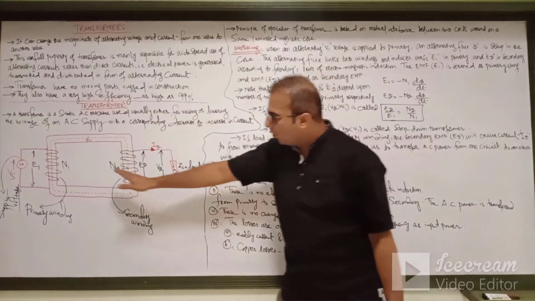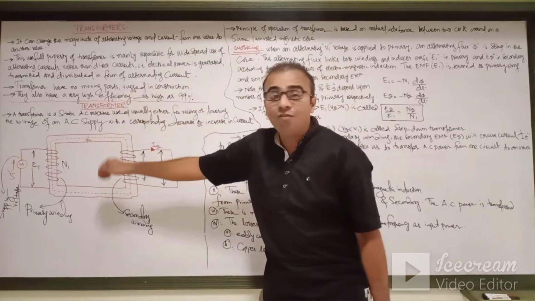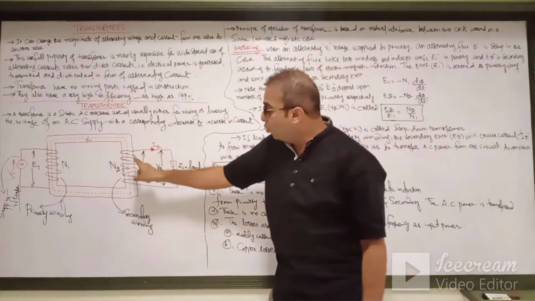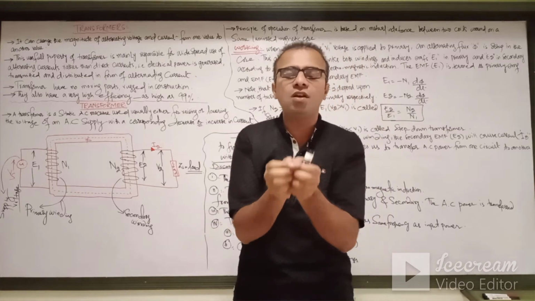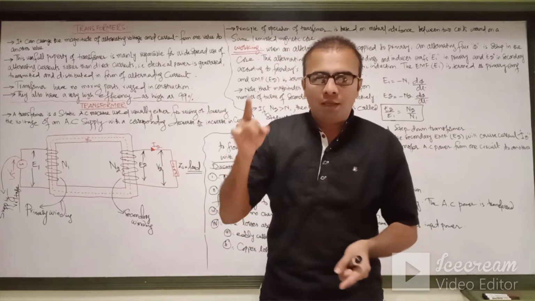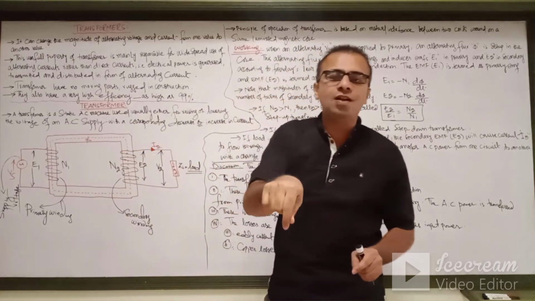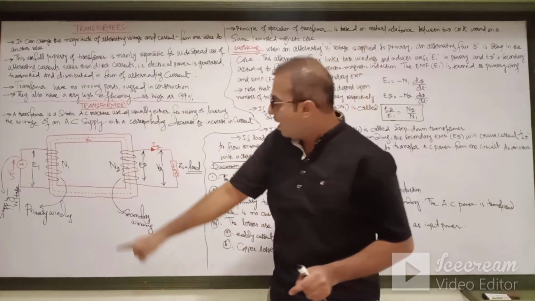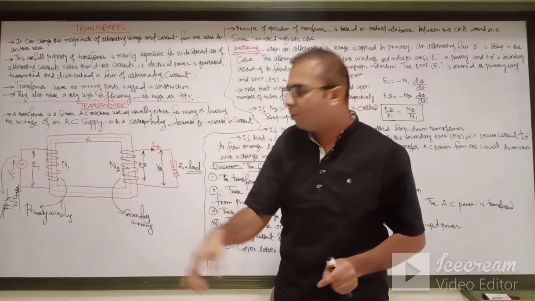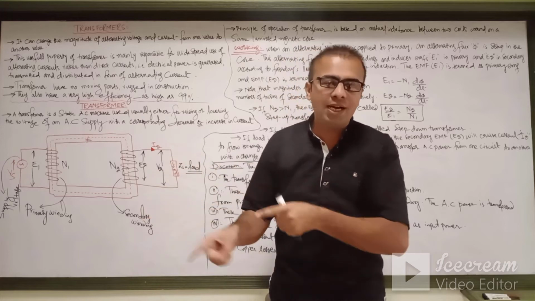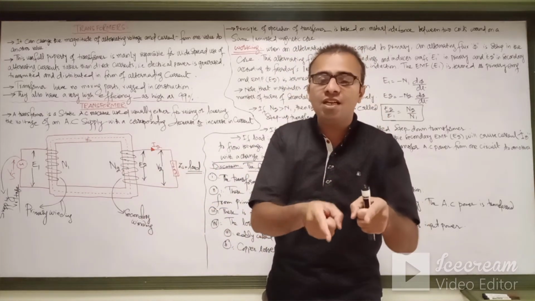Now, the induced EMF produced in the N1 winding and the induced EMF produced in the N2 winding totally depend upon the number of turns of the coil on both sides. E1, produced in the primary winding, totally depends upon N1, the number of turns on the primary side, and E2, produced in the secondary winding of the transformer, totally depends upon the number of turns on the secondary side, because according to Faraday's law of electromagnetic induction,